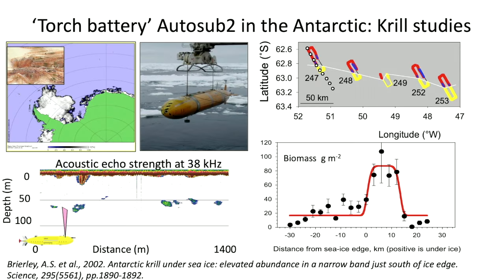So this is the torch battery era, Autosub 2. It's in the Antarctic. So this is the Antarctic Peninsula. South America is up here. South Africa is up there. And the 3 scientists, this is back in 2000, 2001,